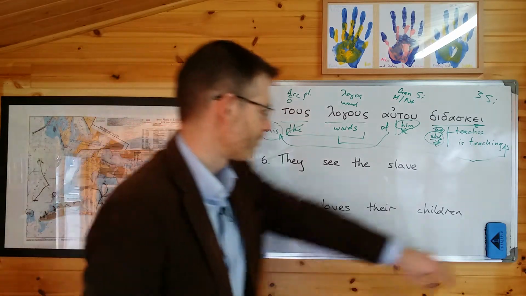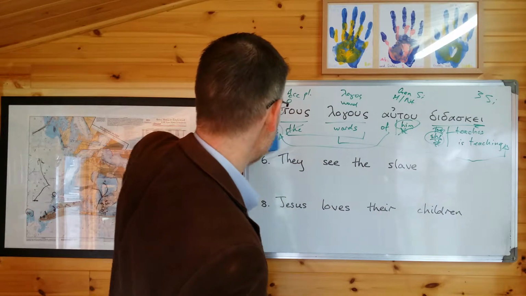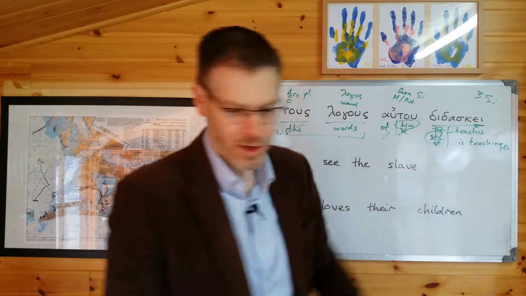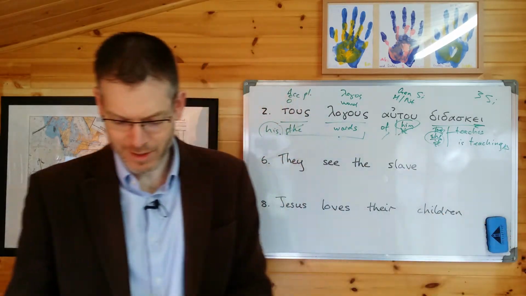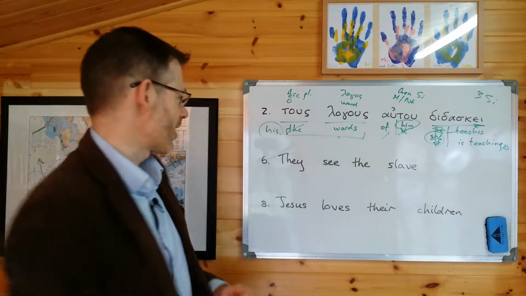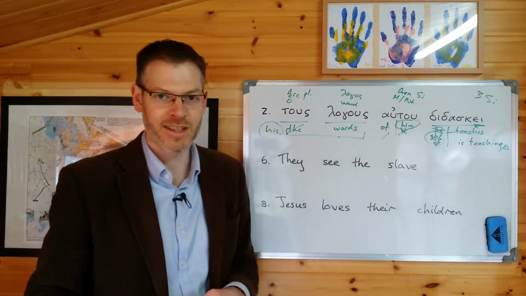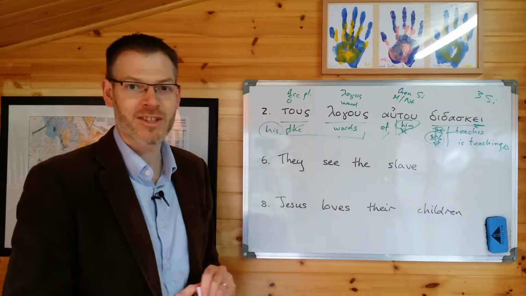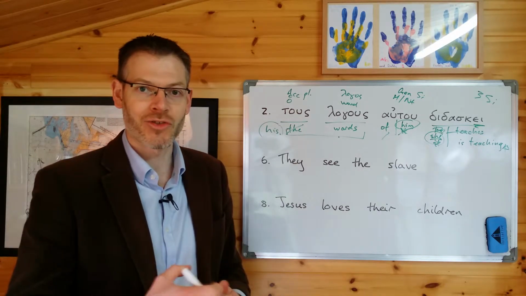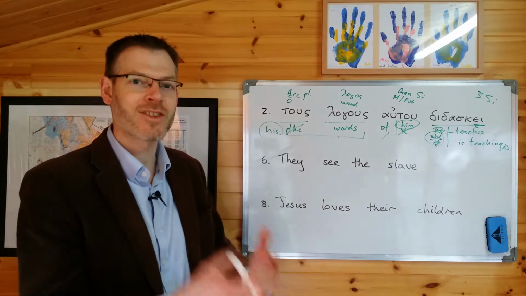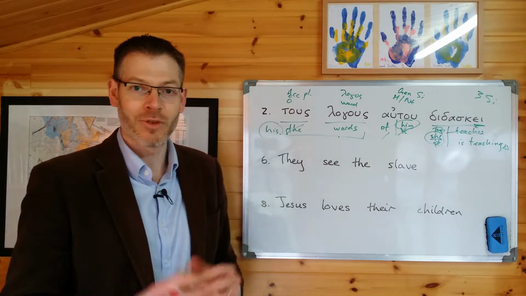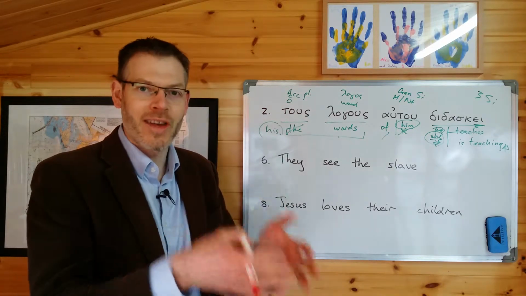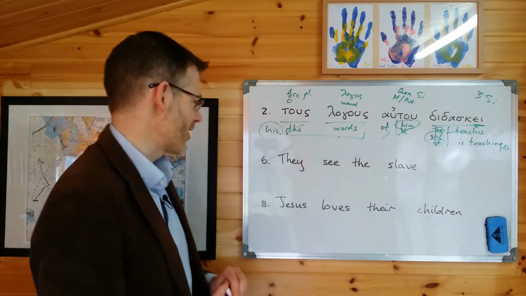That's the first example. Let me just get rid of a little bit of this so we've got some space to work on the second one, and we'll get a different colour for that just to avoid any confusion. Let's look at this then. So now we're going to go from English into Greek. Going from English into Greek is always harder when it's Greek that you're learning, because going into the unfamiliar language is difficult. The language you're going into, you need to know better in order to go into it well.